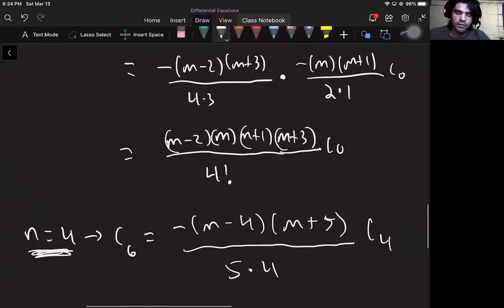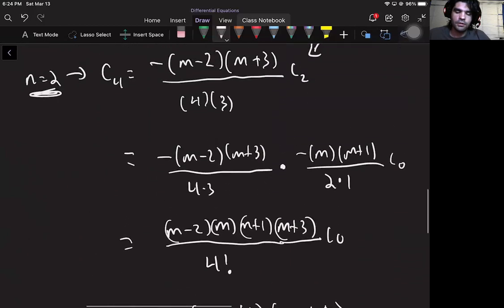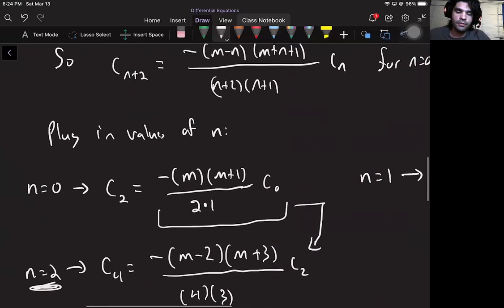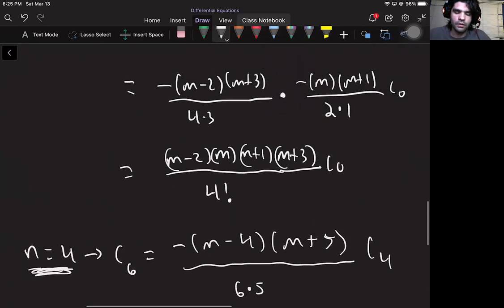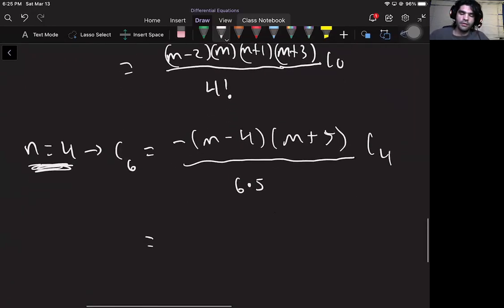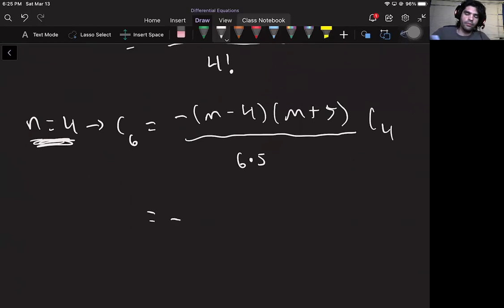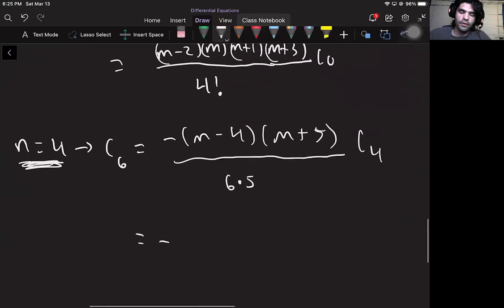Actually, that 5 doesn't look right. It should be a 6 times 5, right? Yeah, 4 plus 2. Yeah, good thing I caught it early. That should be a 6 times 5. Now we are good. Okay, so then when I plug in the C4 term, I plug in the previous term there